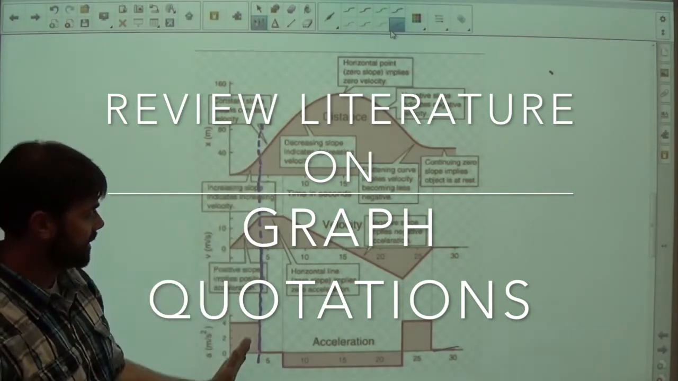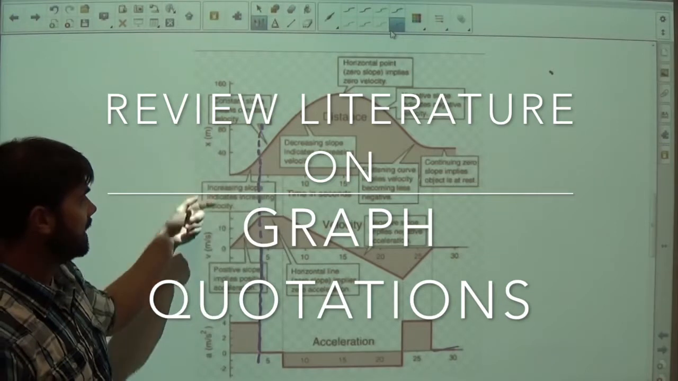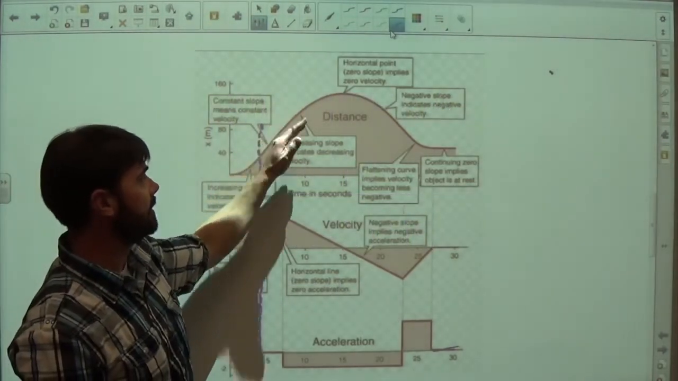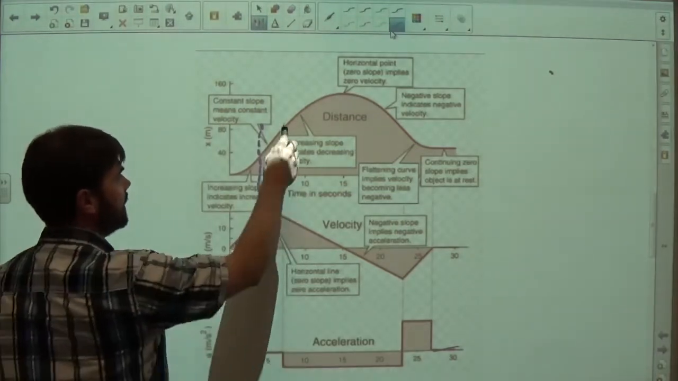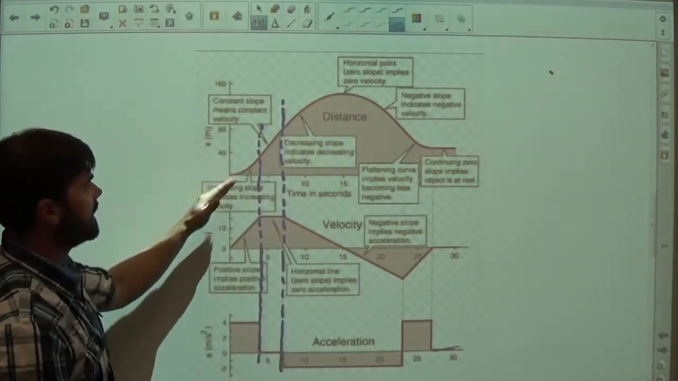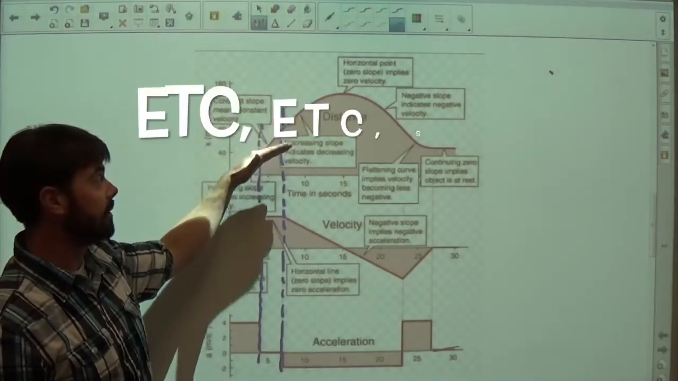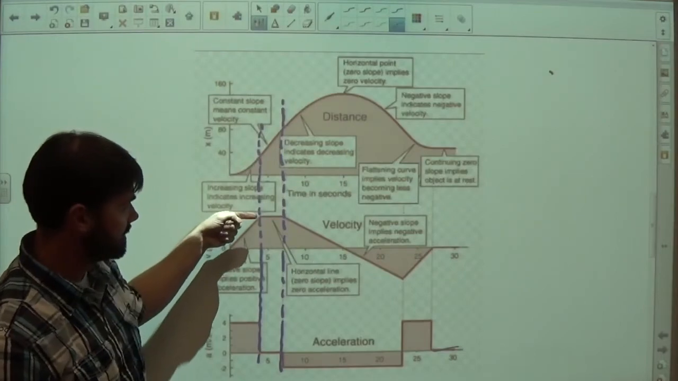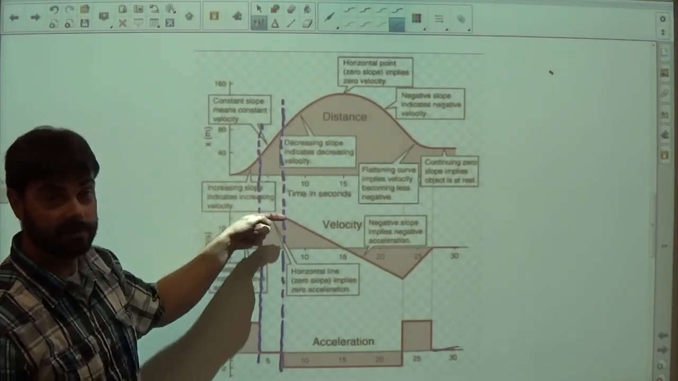Now all of a sudden you have a break in the graph. On the distance time graph, you get a straight line now without any curvature all the way up to this point right here. It's going up, but it's straight. It's not curved. Constant velocity. So on the velocity graph, you have a flat line because it's